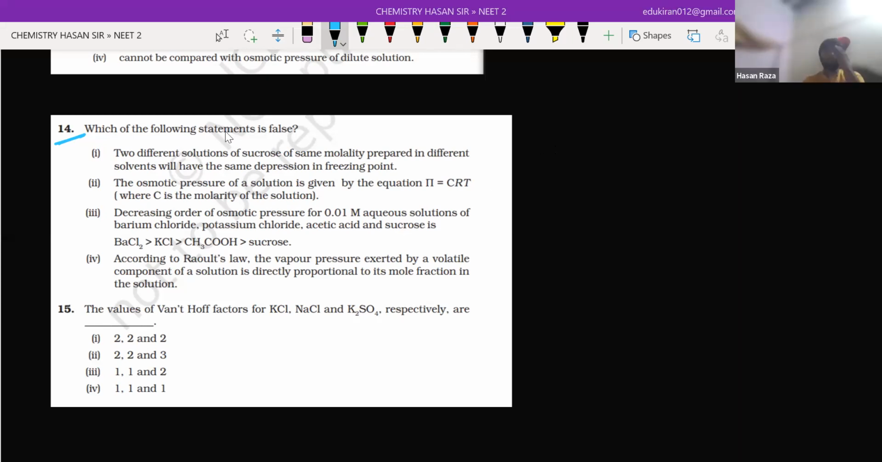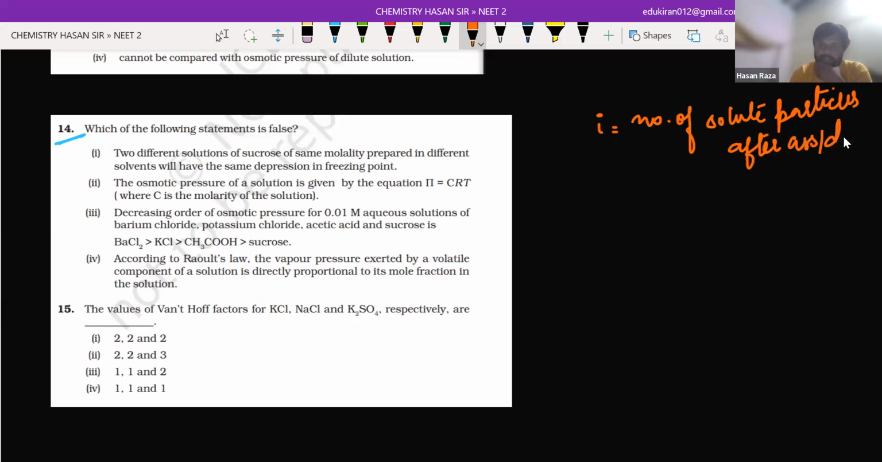Okay, no problem. The values of Van 't Hoff factor. Please be careful about this. Van 't Hoff factor has different formulas, in which one of the formulas is i equal to the number of solute particles after